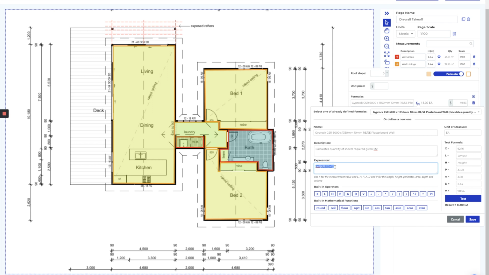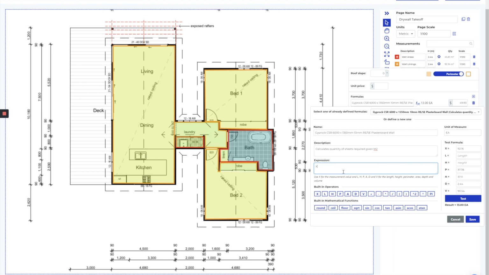So the way we do that in the form is using the formula builder. Over here on the right-hand side, we have all the values that we can use in this particular formula. Now, depending on the type of area or tool that you've measured, you'll have access to different types of dimensions here. X is always going to be the measurement that appears here, but we could pull out the length, the height, the volume, perimeter, whatever makes sense for this particular expression. So we're going to use X for this formula,